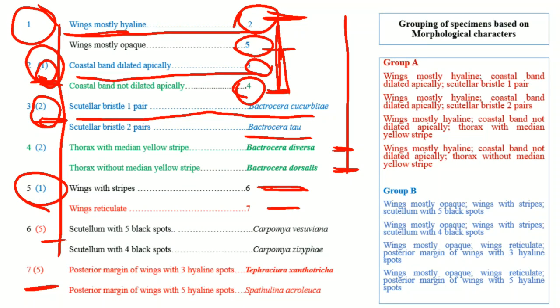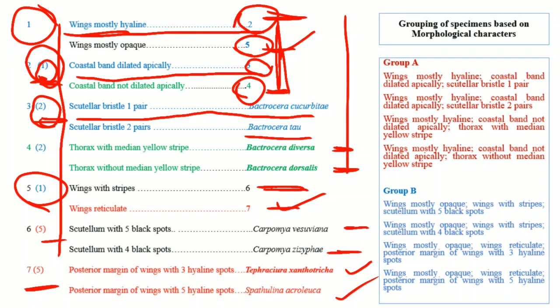Wings with stripes has two further alternatives for the scutellum, which may have 5 black spots or 4 black spots. If there are 5 black spots on the scutellum, it will be identified as Carpomya vesuviana, and if it has 4 black spots, then it will be identified as Carpomya ziziphi. And if the wings are opaque and reticulate, and the posterior margin of the wings has 3 hyaline spots, it will be identified as Tephrochlamys xanthotricha,